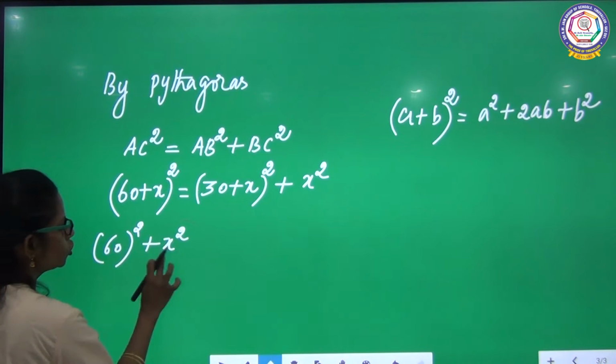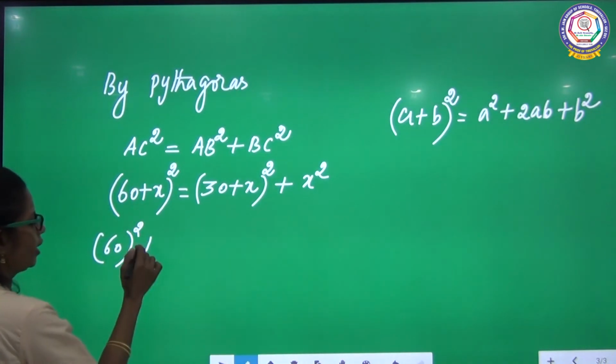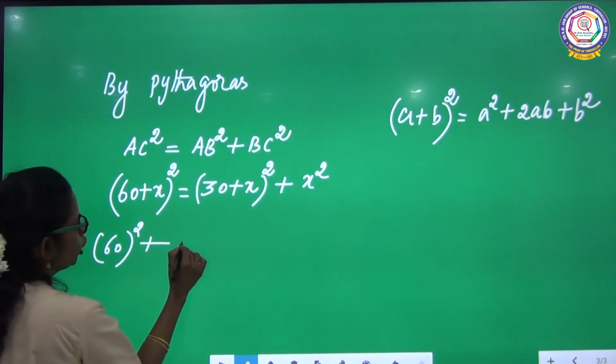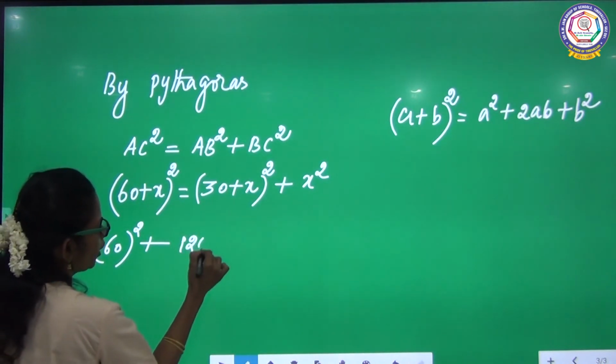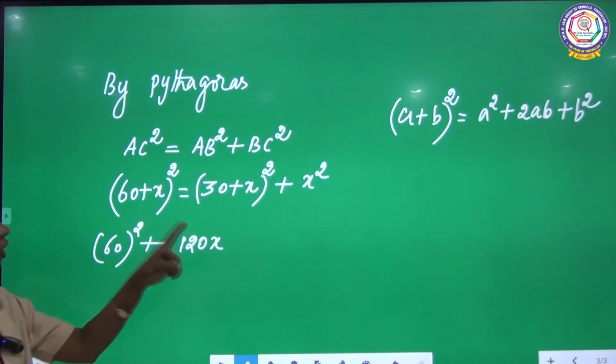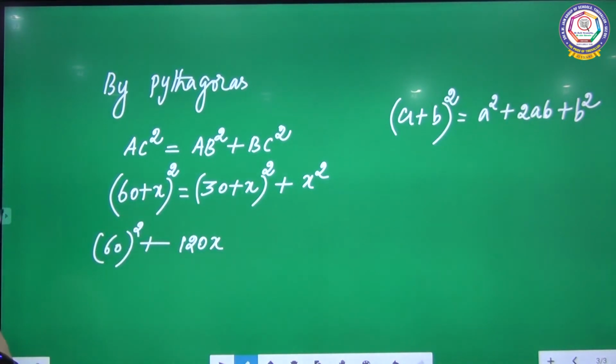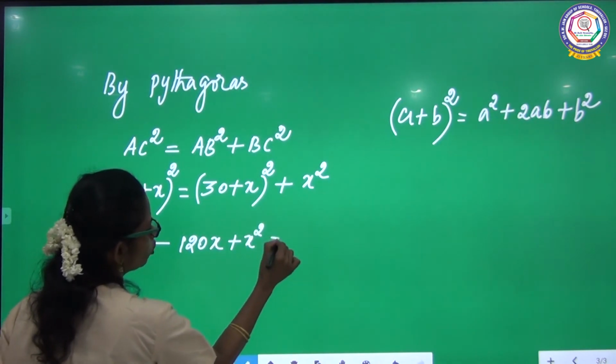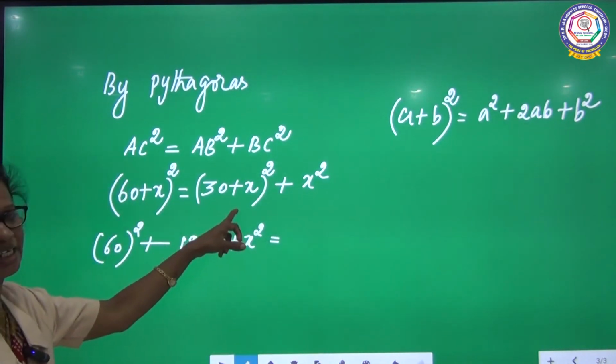If you feel it does not suit, better write it in formula format. 2 into 60 into x, 120x, plus x square, equal to 30 square